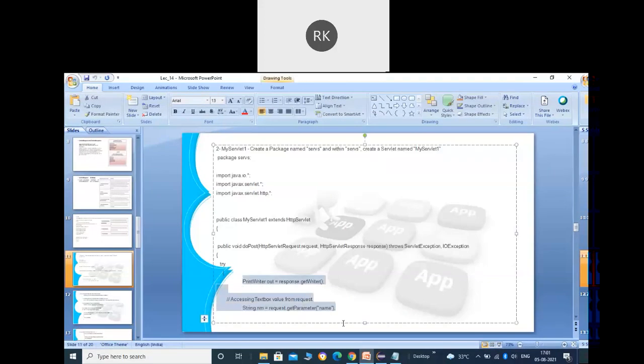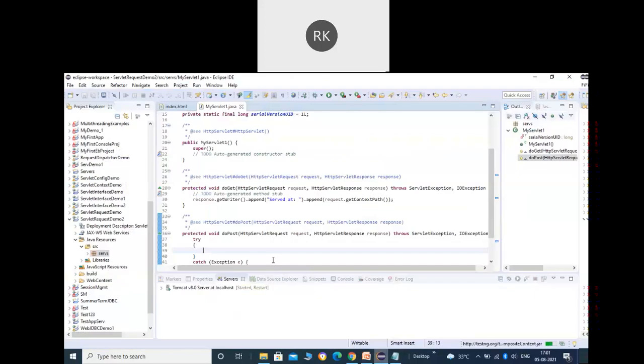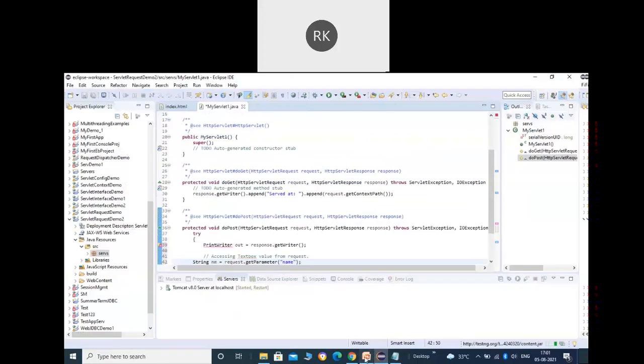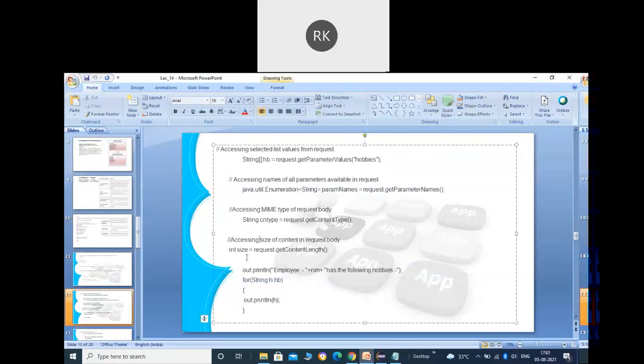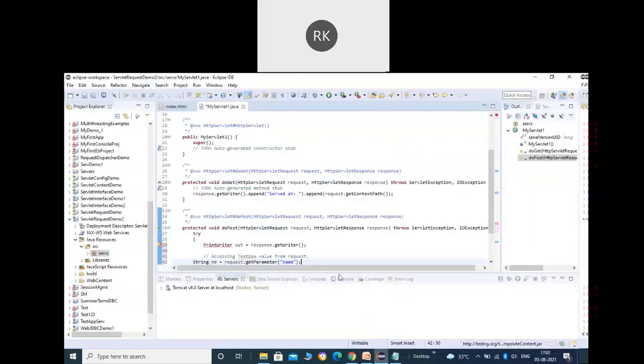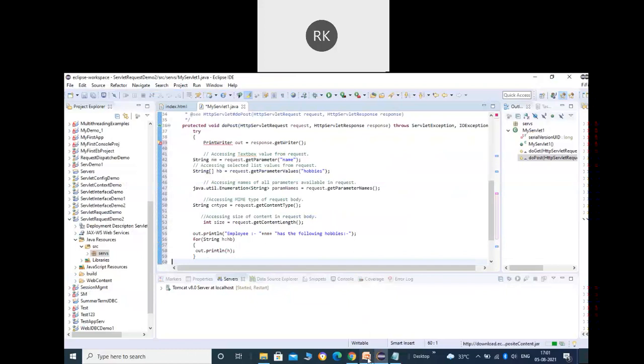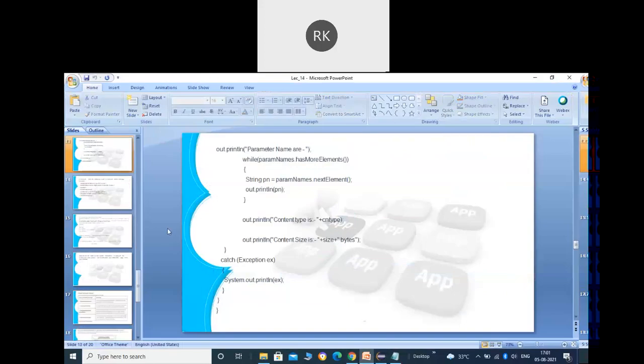Okay, so let me put the try catch here. And what will be the code there in the post? Let me copy paste it from here. You can see first of all we get the print writer. Let me just copy paste it.